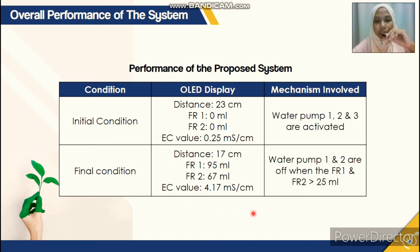This is the OLED display for the final condition. The distance is 70 centimeters away. Flow rate 1 and flow rate 2 are not giving the same value as they are supposed to. This is also due to the inaccuracy of the flow rate 1 and flow rate 2 readings. It can also be due to the Hall effect sensor, and all of these things are going to be included